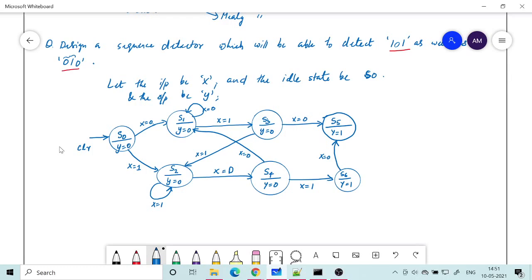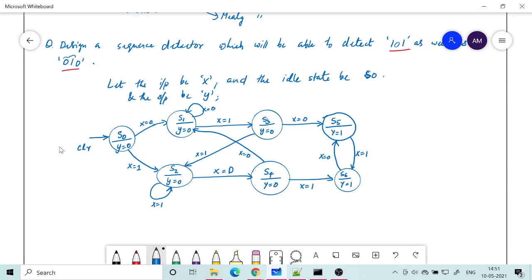So you can ignore this one, x equal to 1. After that we have 0 1 0. So that is like detecting this. Similarly, when I am at S5, if I get x equal to 1, I can ignore the first detection, and the last 3 detections will be 1 0 1. That is like detecting the sequence 1 0 1. So I can come here.